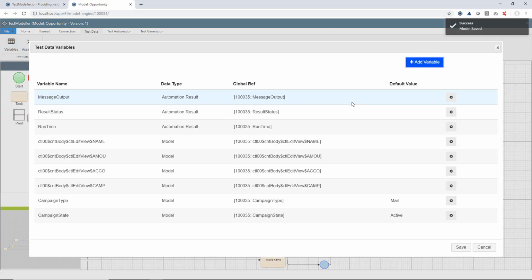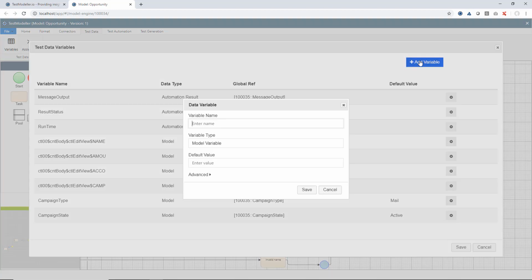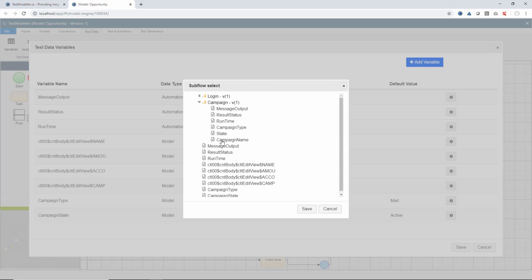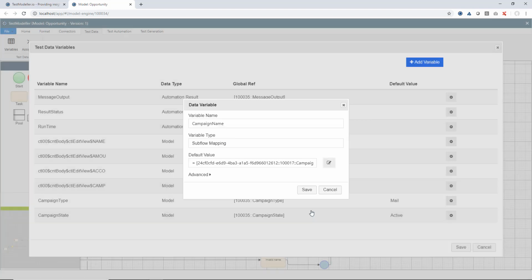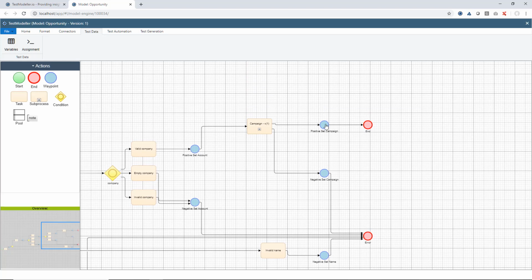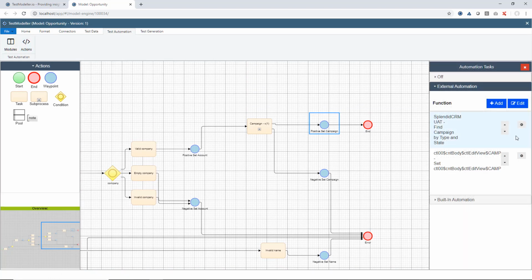and we're going to bring in that variable that is being set in our campaign flow for finding the different campaigns. So we'll add a new variable here, and we'll call this one our campaign name. This is going to be a subflow mapping variable, and as I say, we're going to go into this subflow and we're going to retrieve the campaign name that is being found. We'll hit save, and now all we need to do is come in to our test automation actions here. We'll remove the existing one that's taking